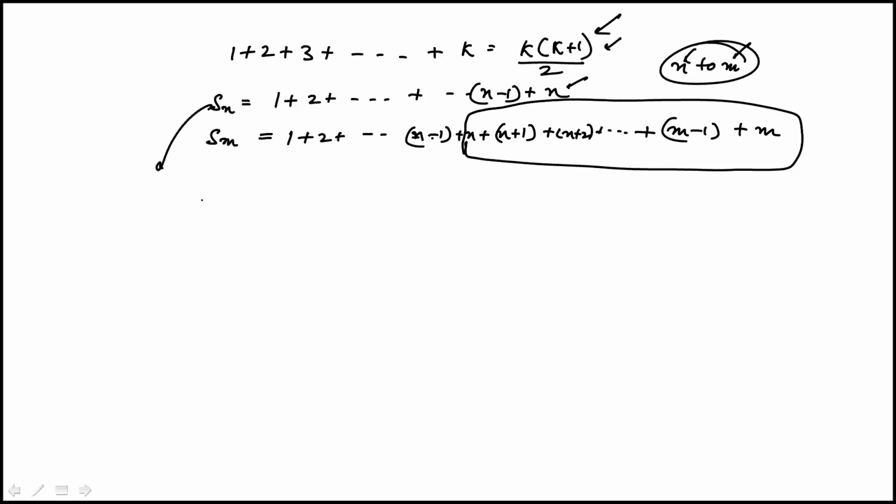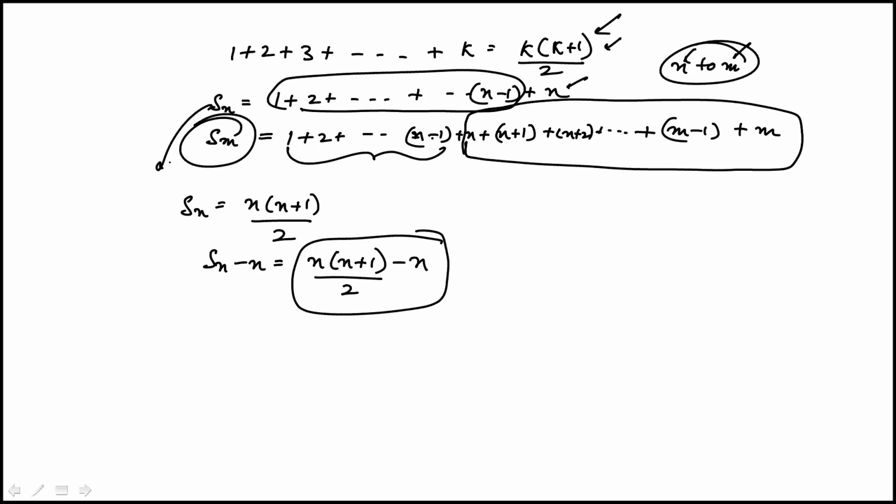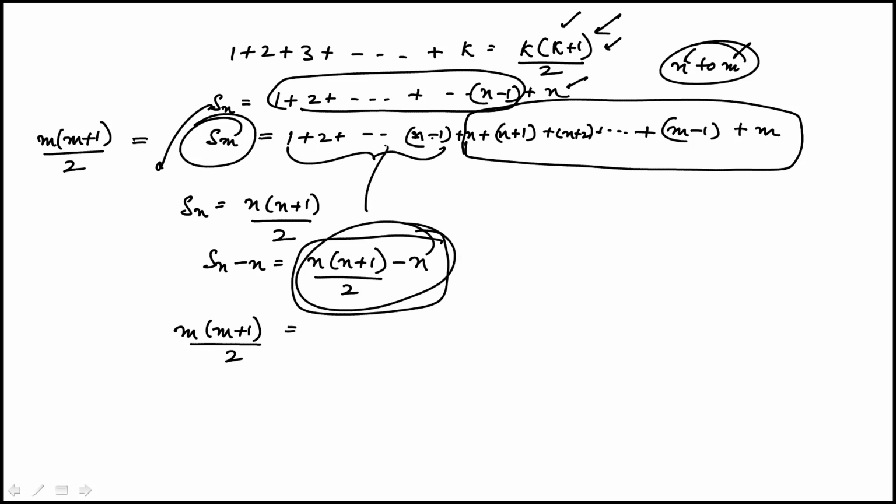So S of n from that would be n times n plus 1 over 2. Now that includes the n part here, but what we need is this portion here. So S n minus n. So n times n plus 1 over 2 minus n is this piece here. Now we also know the sum to m terms, again applying that formula. So here what we have is m times m plus 1 over 2 is equal to that, which is this piece,